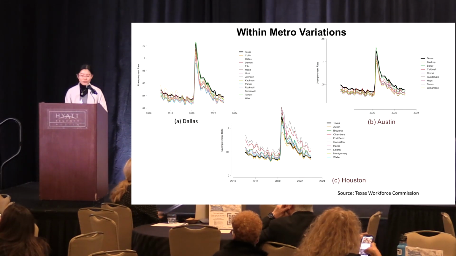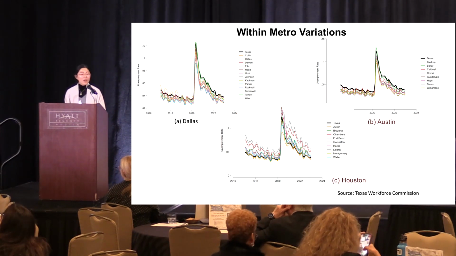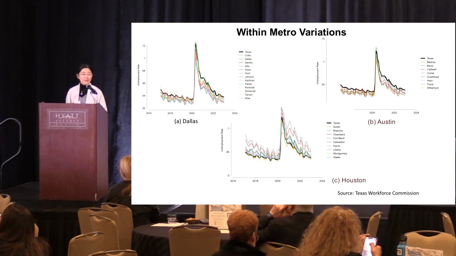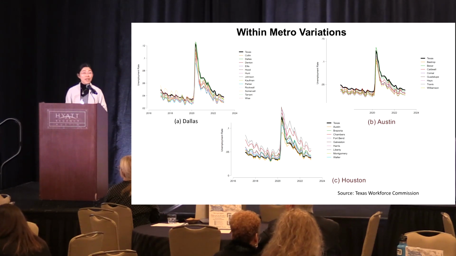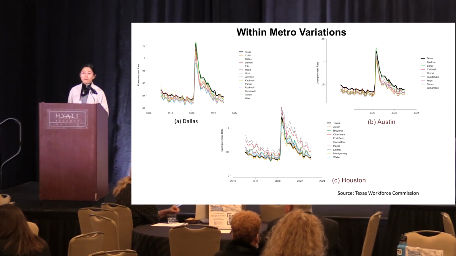And if we look closer at each county within the MSAs, and I know there's a million lines here, so I'm not asking you to look at every single one of them, but just to focus on the relative position of the dark black line versus all the colorful lines that represent each county. On the very first graph there, you have Dallas, and you can see that the black line sits on the top portion of those colored lines, which means that most counties are doing better than the Texas average. But Dallas was able to advance that gap, or advance that advantage, post-pandemic, now being completely below that